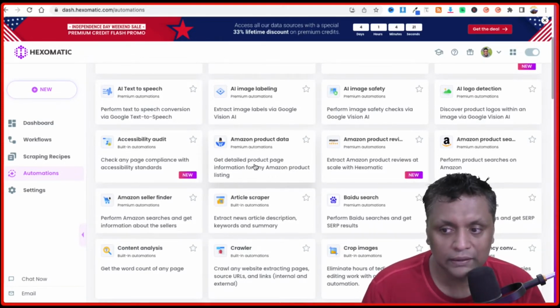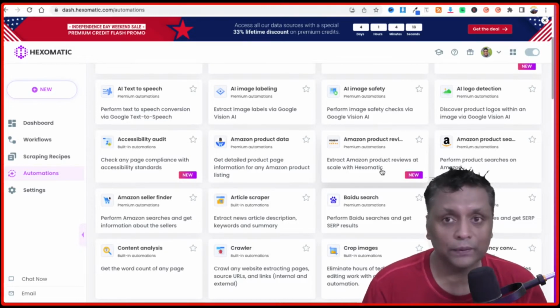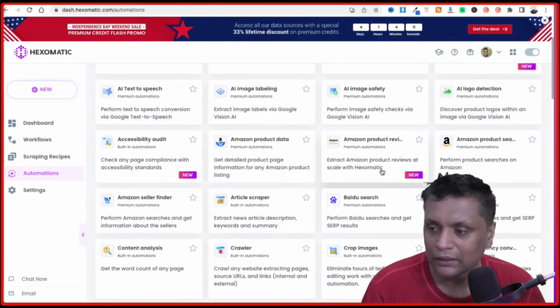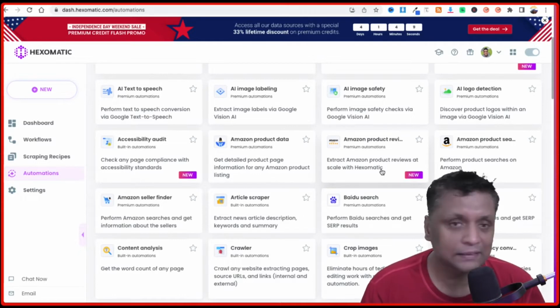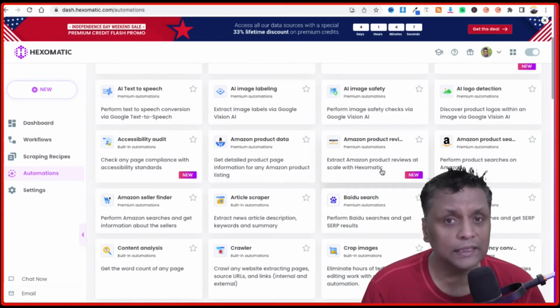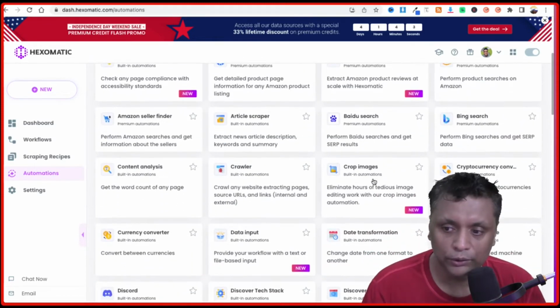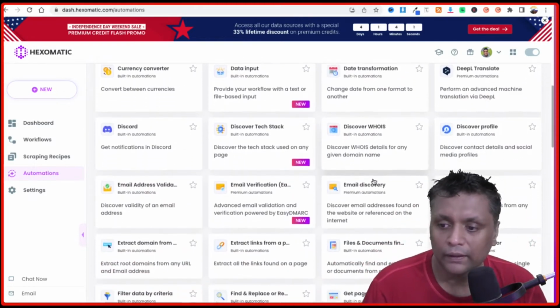So if you want to get detailed product page information for any Amazon product listing, you can do that. You can extract the Amazon product reviews as well. The possibilities are endless. As I said, there are multiple use cases depending on your requirement and on your business. You could use Hexomatic for that.